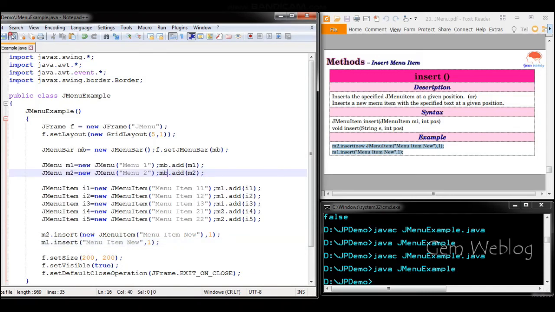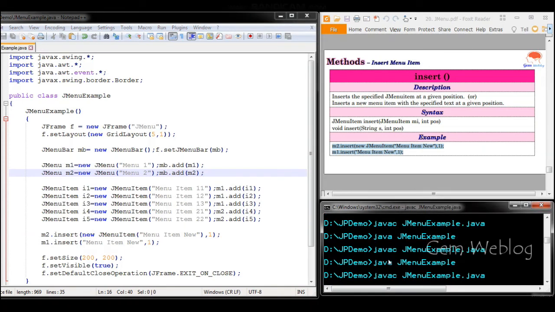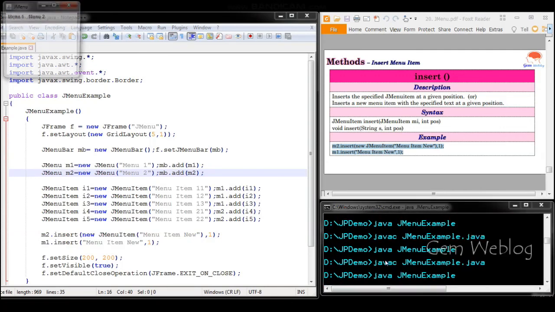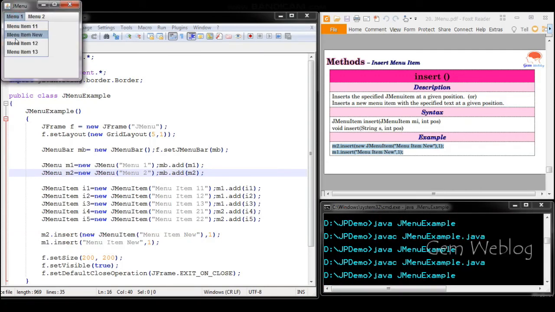We added menu 2 into the menu bar itself. So in menu 2 we are going to insert the menu item new at position 1, and in menu 1 we are going to insert menu item 2 at the same position, with the same menu item name, new. Now you could see menu item 2 has been inserted at index 1. Same here also, menu item 2 has been inserted into menu 2.